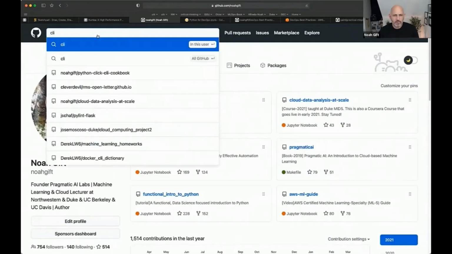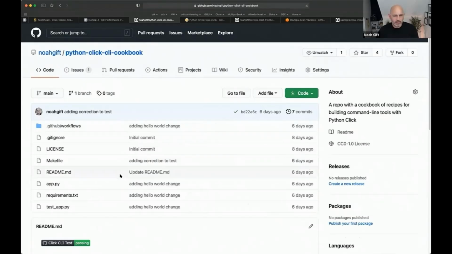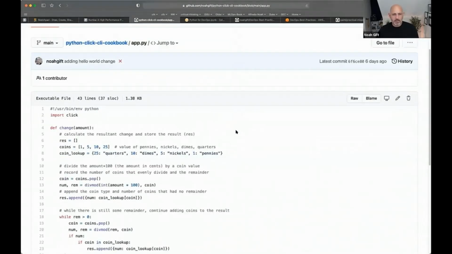I think I have a few. Here we go. Click cookbook. This might be a good one. I'm just going to copy this exact code. So this is